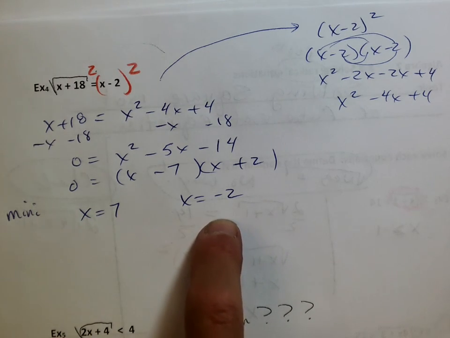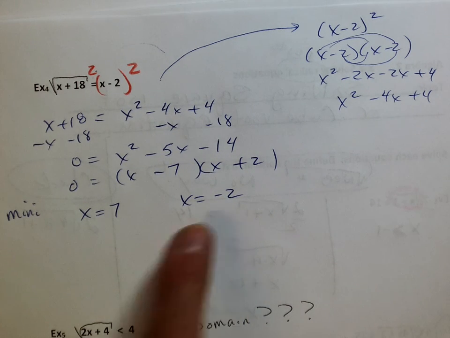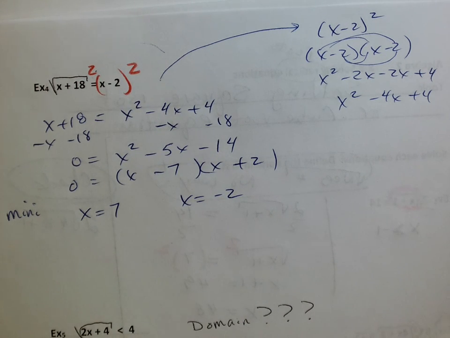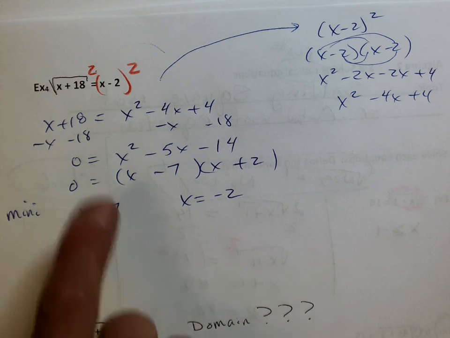Smart girl. You are an A student. Yes, you are. You can't have negative 2. Now, why not, Tammy? Because it doesn't have a 3. If you plug in negative 2,